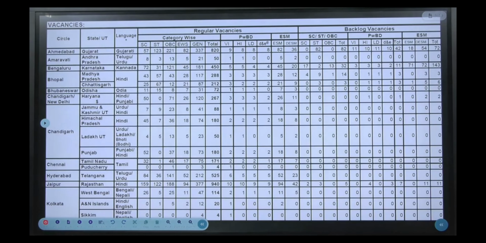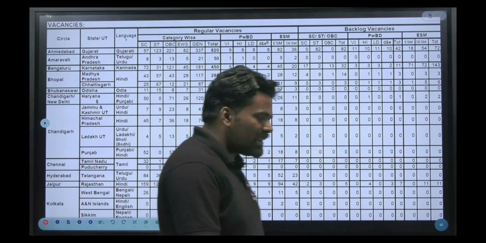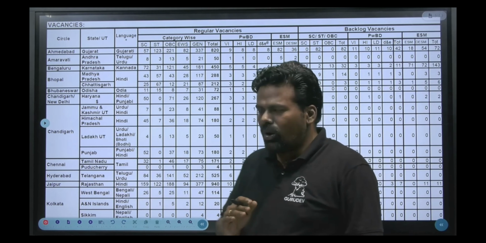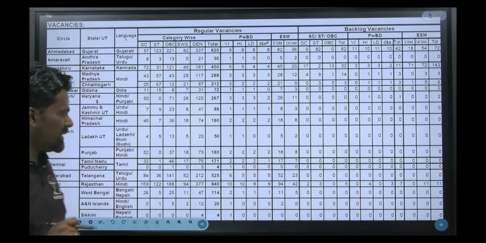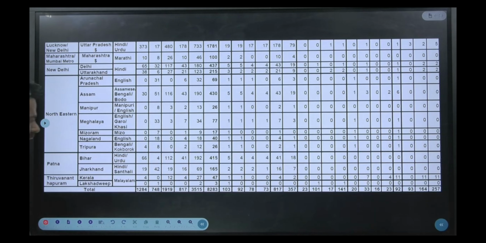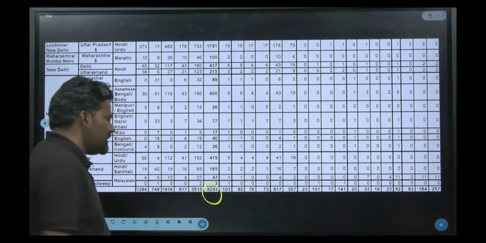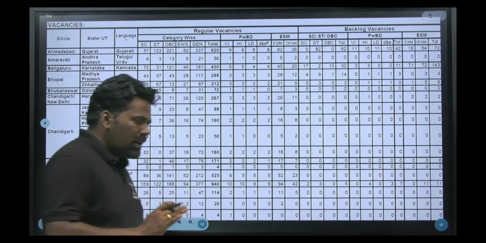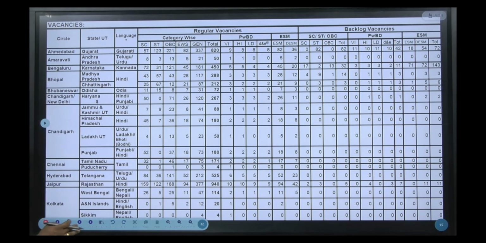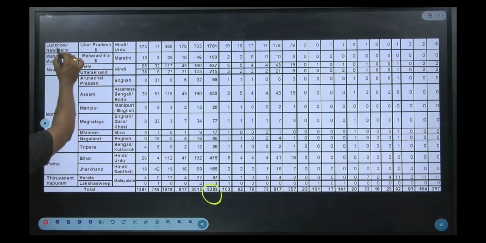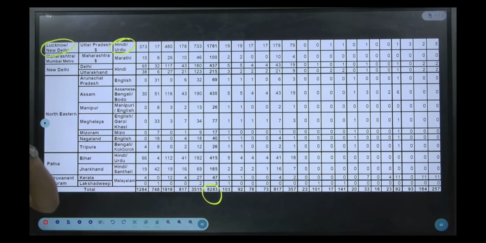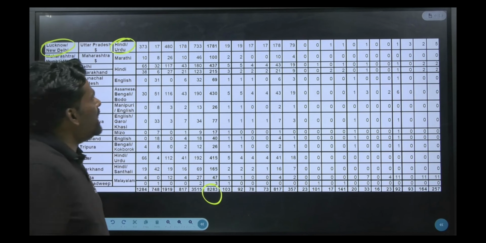Next is the vacancies. How many vacancies are there, and for which state can I apply? All the doubts you people will be having, right? So let us understand here. Now totally there are 8,283 vacancies. So suppose you are from, say, Uttar Pradesh. Uttar Pradesh is here, correct? So you can apply from Lucknow or New Delhi circle, and the medium of examination can be Hindi or Urdu, and by default English, and the vacancies are